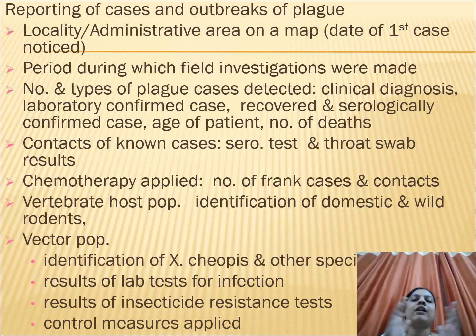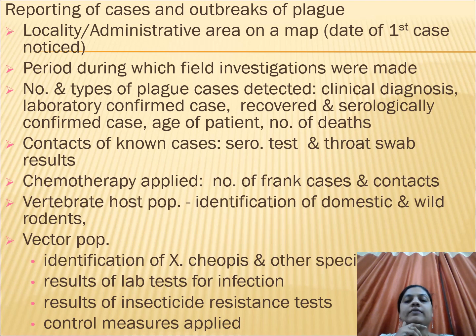First, we have to have a map of the area. Then field investigations are done and the types of the plague cases and the numbers are noted, where they are detected and the place where detected. All the data is generated. How many are clinically confirmed cases, how many are lab confirmed, recovered cases, age of the patients, deaths, etc. is noted down. Contacts of the known persons and whether their serological test is done, throat swabs are taken, and